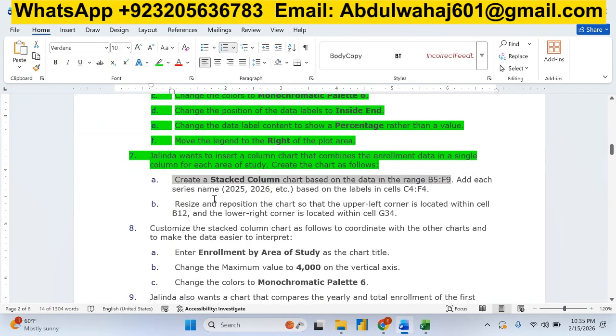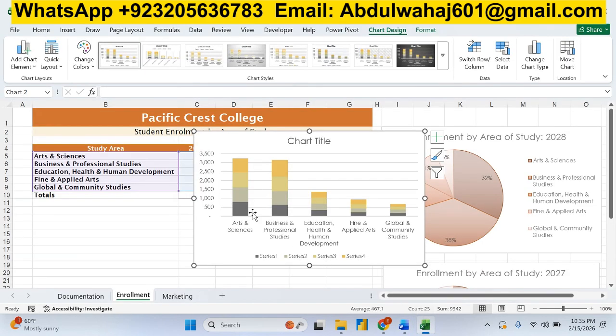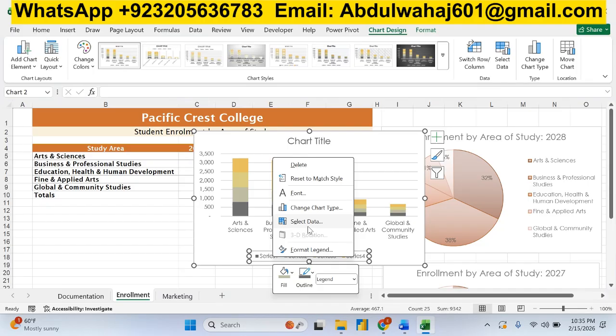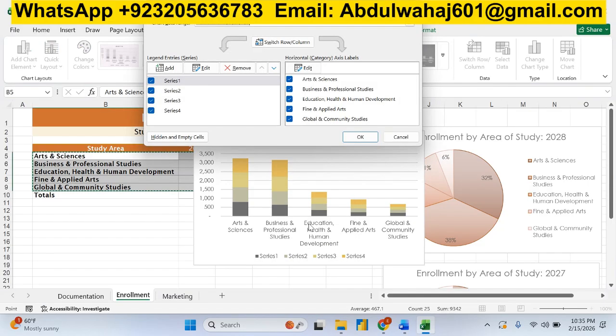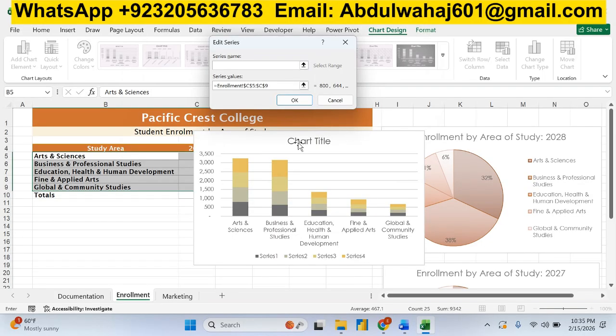Next it says add each series name based on the labels. Okay, these are the names, so we need to edit it. Right click there, select data, and here you need to click edit, and the series name should be